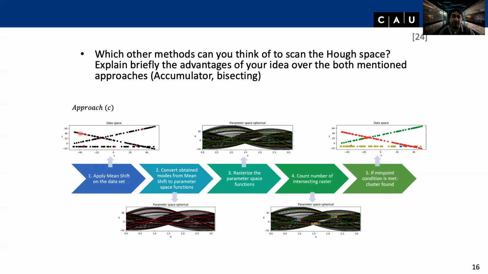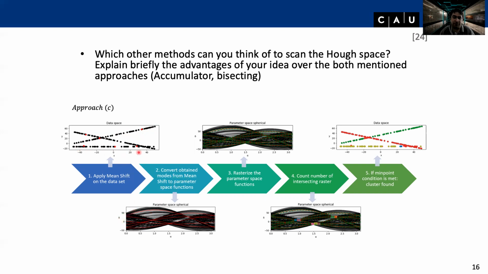We first perform a clustering algorithm. In this case, we use mean shift. It's mode seeking, so the objects keep shifting from all possible directions, if they are within a specific bandwidth, something like an epsilon range. Then the objects, the black dots, keep moving, and they collide into one mode. It's like the center of mass, so to speak. This is the red dot. And the same for the other objects here and here. After that, we convert these obtained modes, these red dots, from the mean shift to parameter space